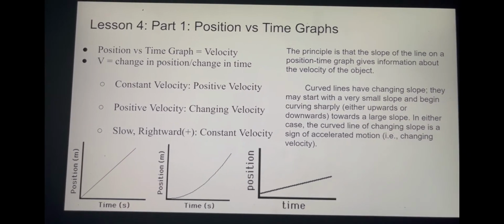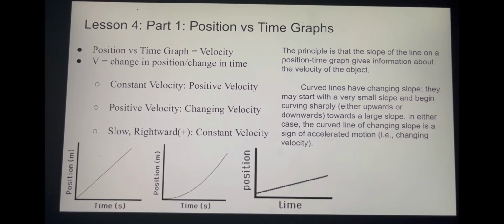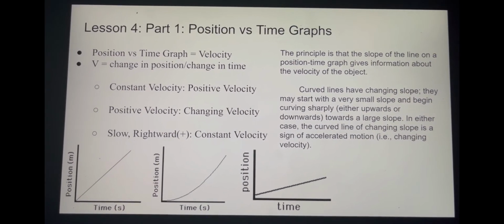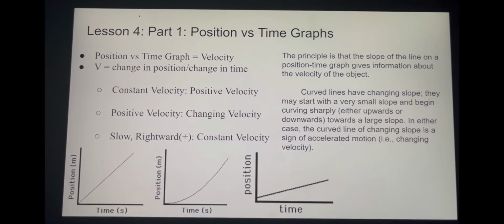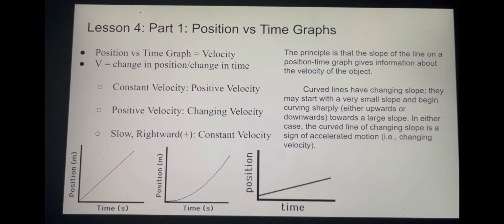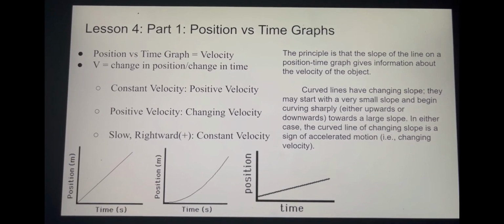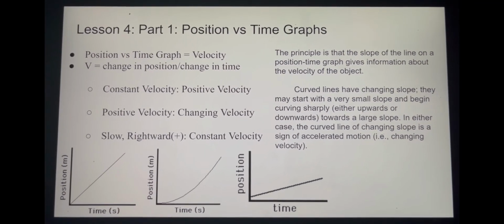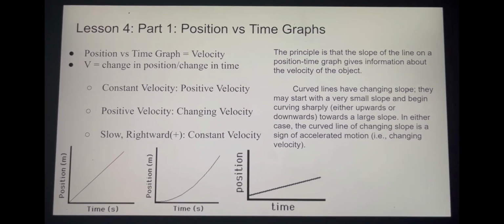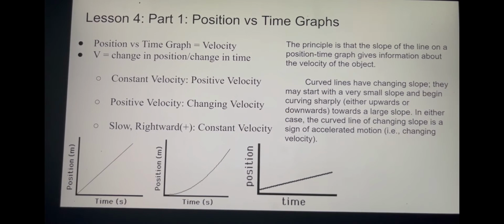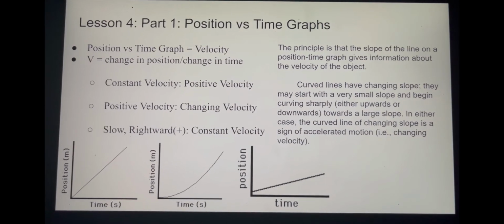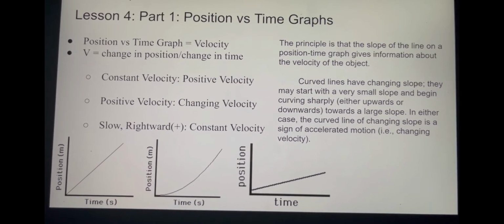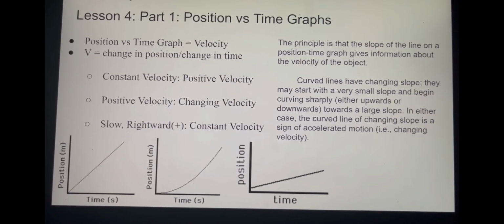If it was on the other side of the line, it'd be a negative velocity. But regardless, this is a constant velocity. Now, the one next to it, to the right, is also positive velocity, but its velocity is changing. It's not constant. And because it's changing, the line is curved. Now, the last graph is also positive or rightward, but it is slow moving, because you can tell by the